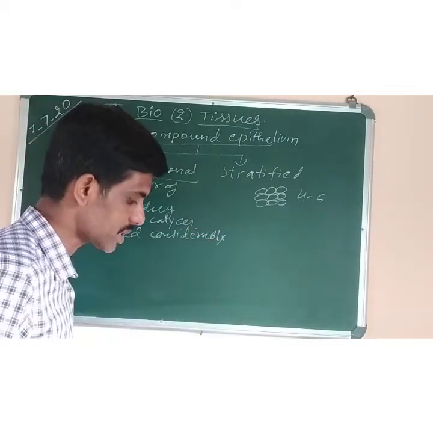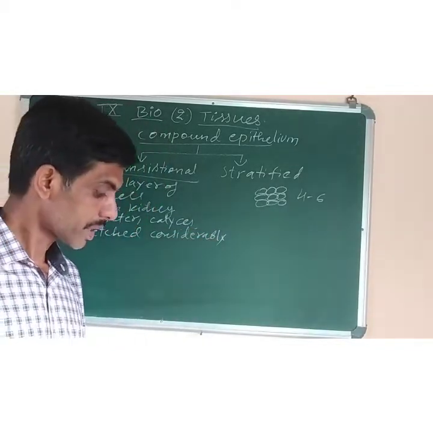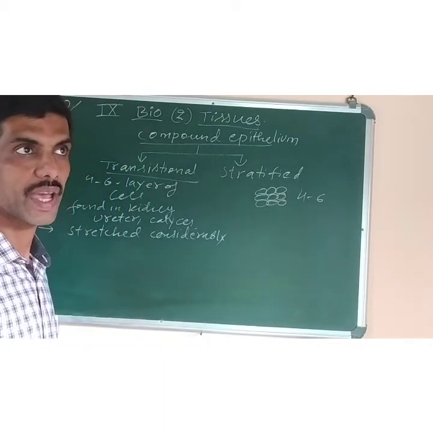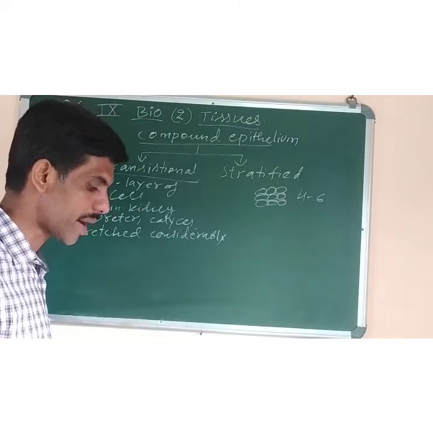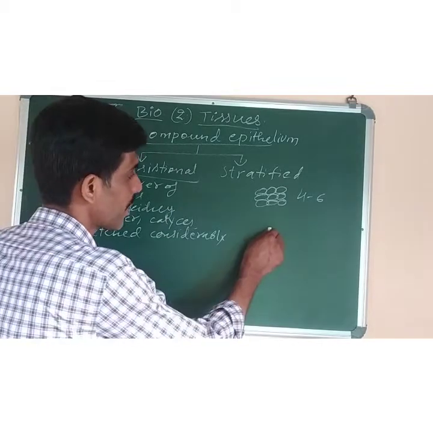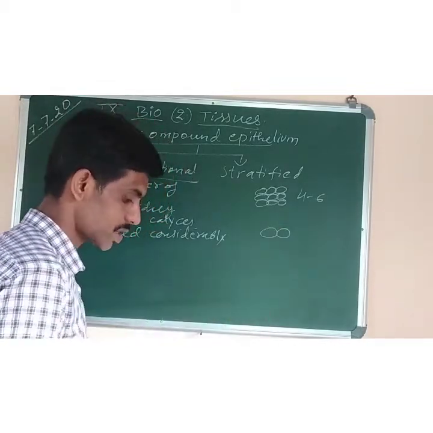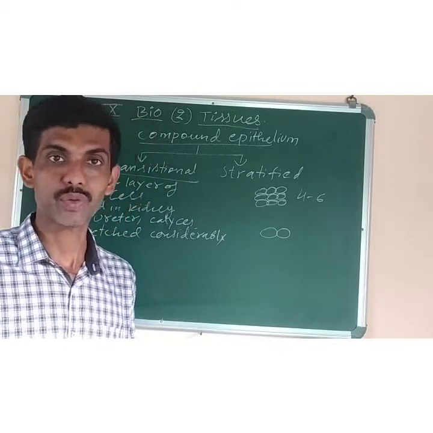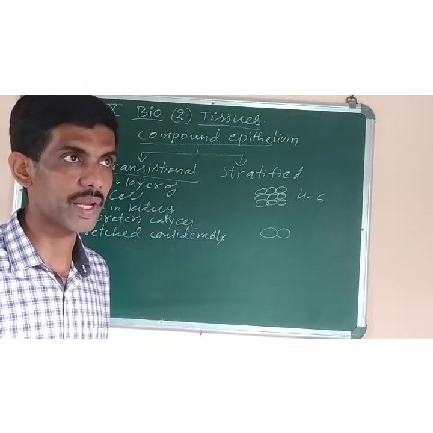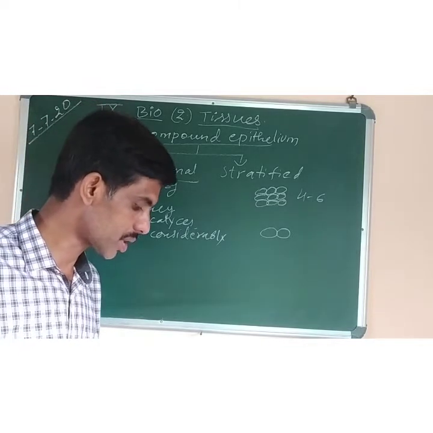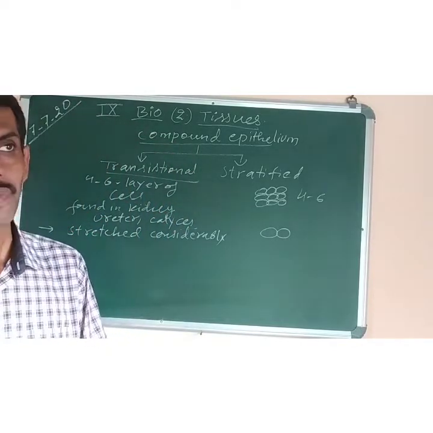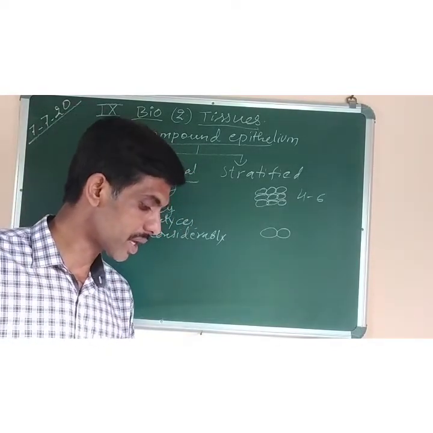Okay. Now the next one is stratified epithelial tissue. This is many layered, and the lowermost layer is germinative. Germinative means it has the power to grow or to divide. Depending upon the upper layer, what type of cells is the upper layer made up of? If the cells are squamous, it is called stratified squamous epithelium. If it is cuboidal, it is called stratified cuboidal epithelium. If the shape is columnar, it is called stratified columnar epithelium. And if it is ciliated, it is called ciliated columnar epithelial tissue.